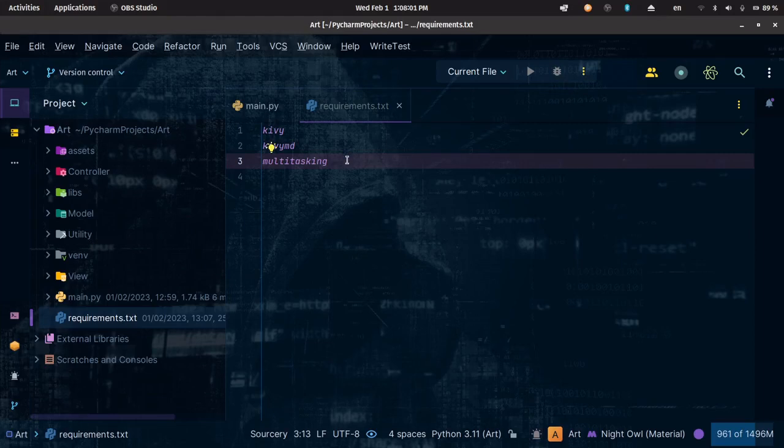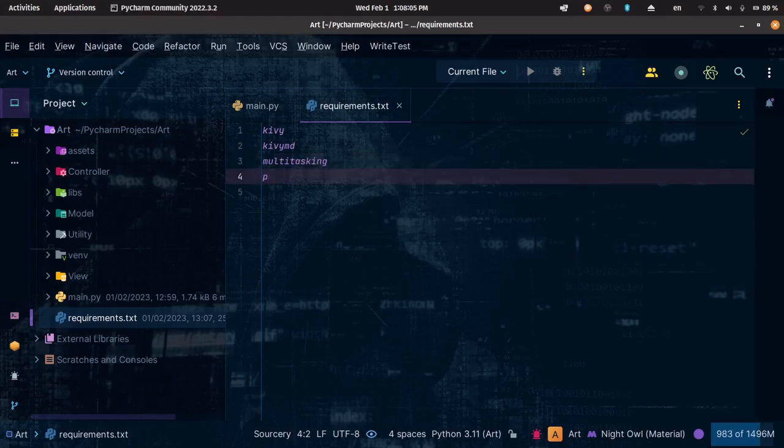I removed everything and left KivyMD, multitasking, and I'm going to add Firebase. Yeah, Firebase is needed. Which other stuff did we add? KivyMD, multitasking and Firebase. These are the 4 things I believe we'll be needing in this project. Any other requirements, I will let you know. So if you open your terminal,